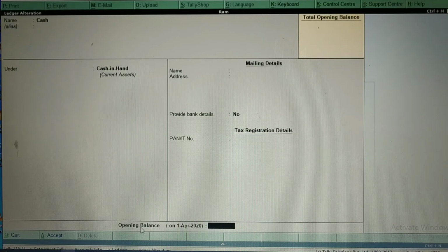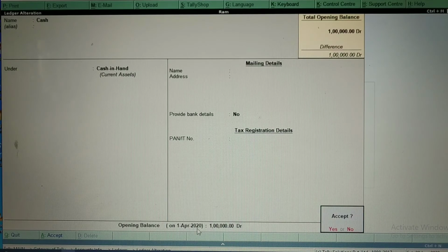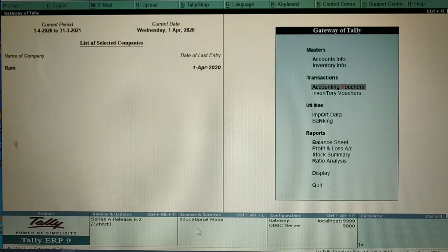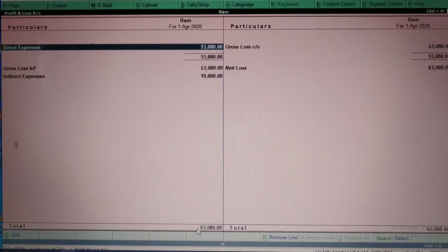And if that company started many years back, then the previous year's revenue will be carried into the current year. That amount is considered the opening balance for the current year. So that amount you need to enter in the balance sheet. Consider 1 lakh rupee is my income from the previous year. Now you can observe what changes will happen in the balance sheet and profit and loss account. Okay, in this it will show whatever expense we have done.